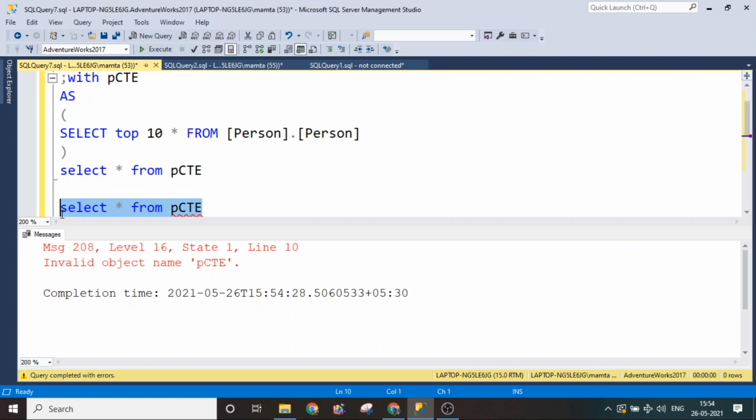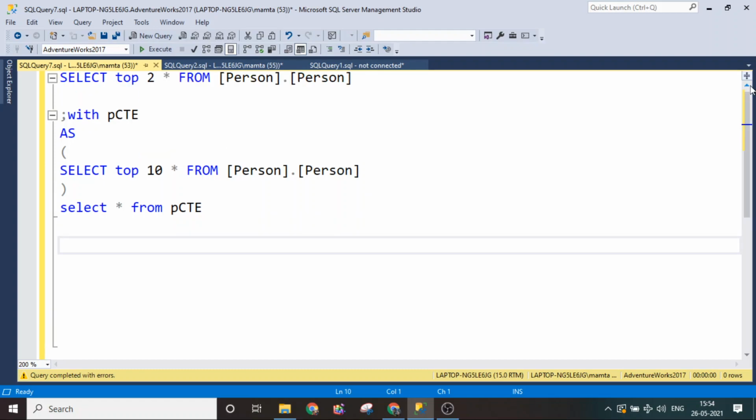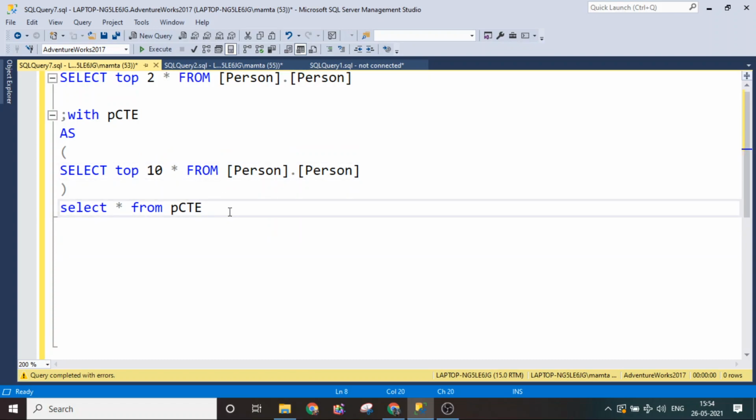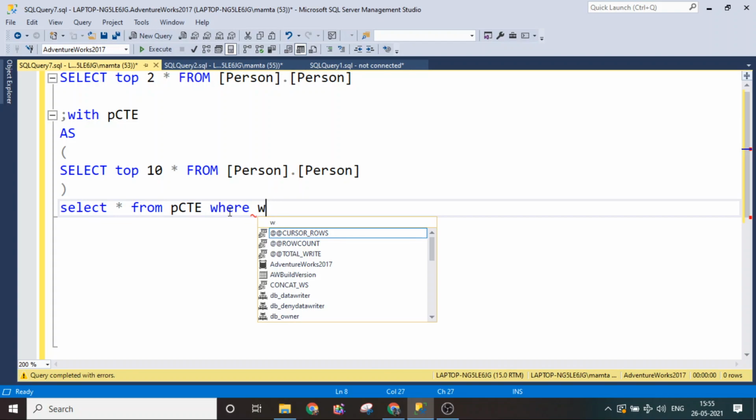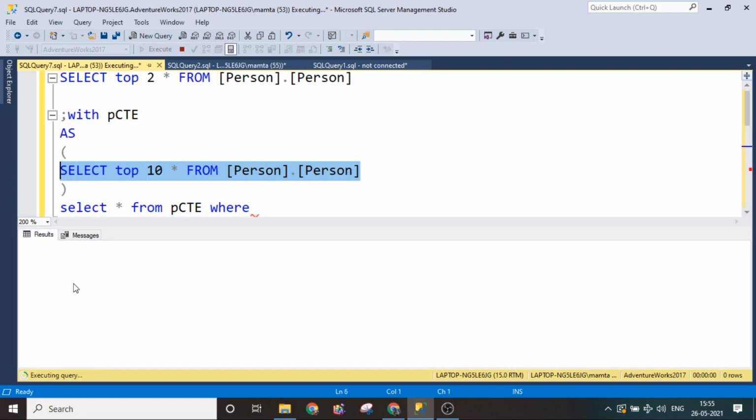Okay, so we do not need to drop the common table expression, just as we drop the temporary tables. This is the one difference between a CTE and temporary tables. Now I have fetched the top 10 records. Now how can we use that as a table? In the table we can filter the data. From the top records, I only want a few records. Let me filter down the records.